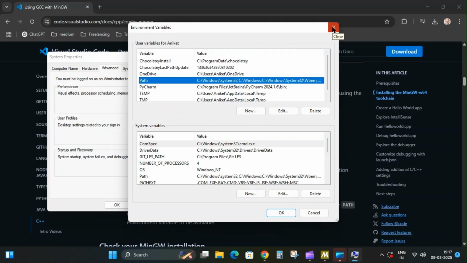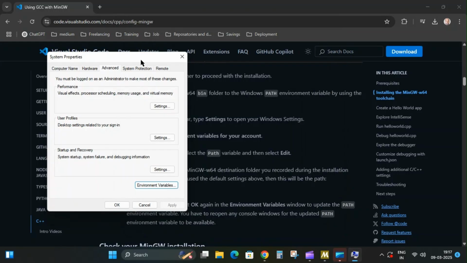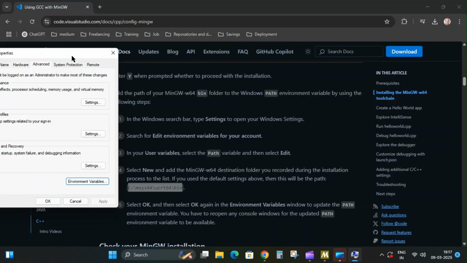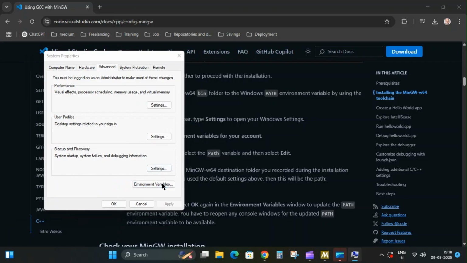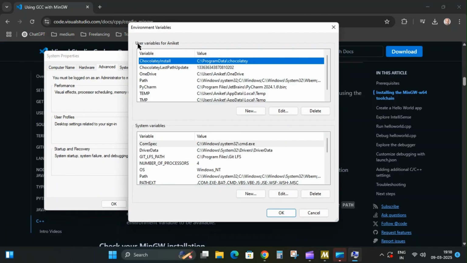We need to change the path. Be careful here. All are the system default paths. If you change anything, it will cost you more, so please re-verify the instructions.